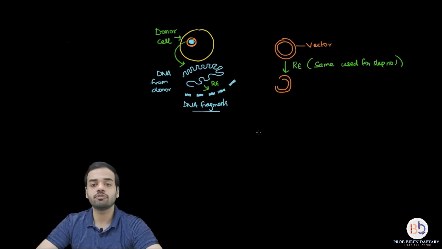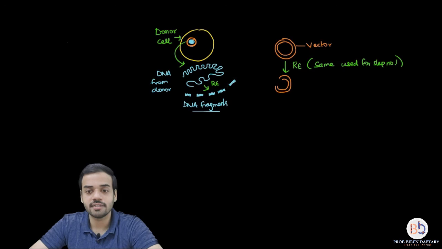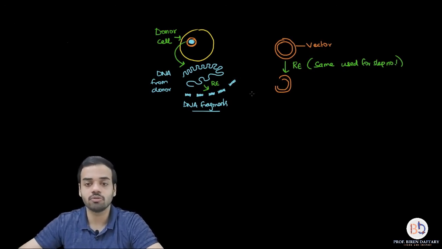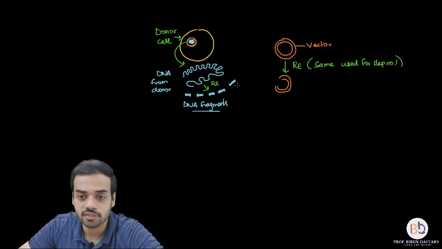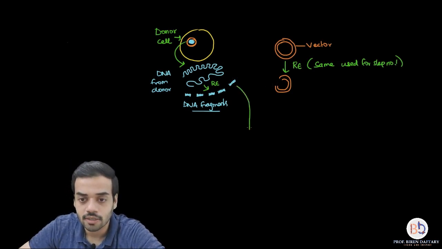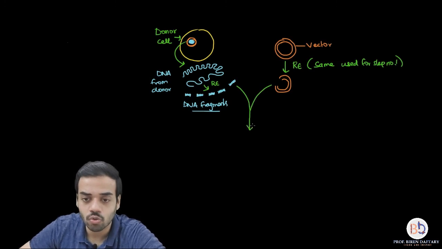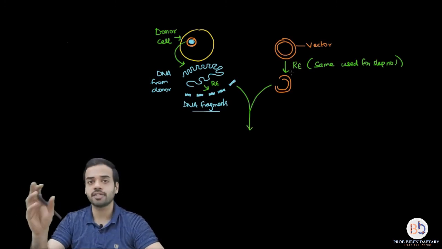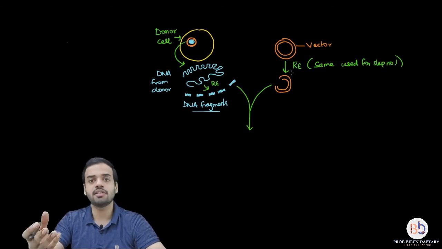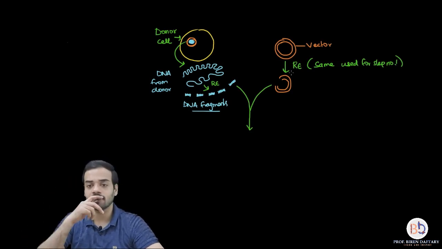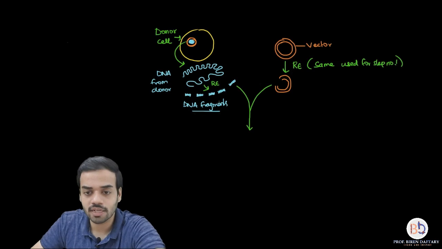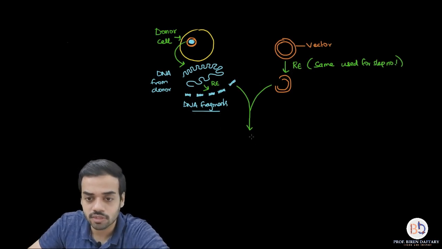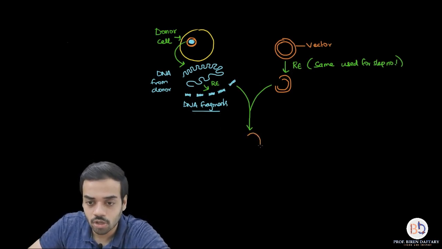Now what do we have to show? We have to show in the second step itself that this required gene, we are going to insert it into the vector. So I am going to show this dual arrow like this. Pay attention. So you can draw these diagrams on your own. I am not copying this from the textbook or anything. I am just thinking of what I know and I am drawing this diagram. So this diagram is going to be like this. So now I am going to draw this recombinant DNA molecule.